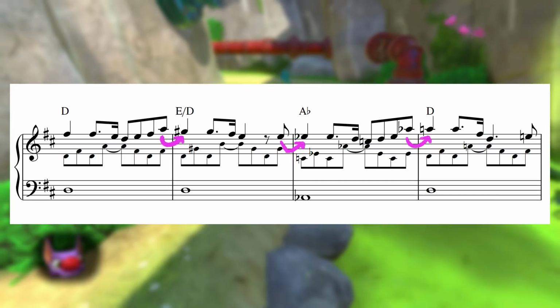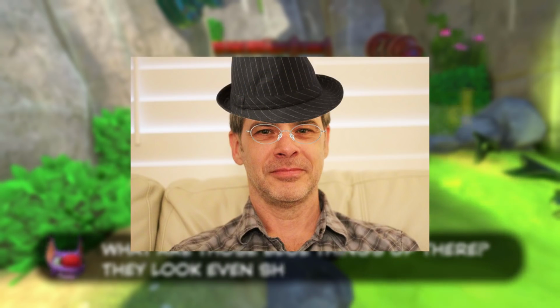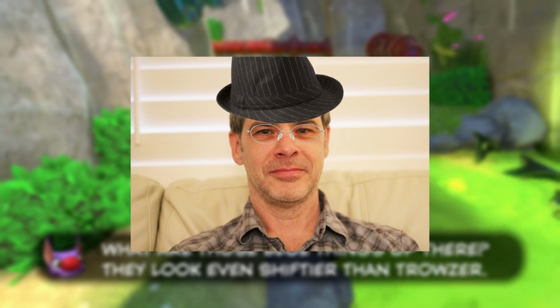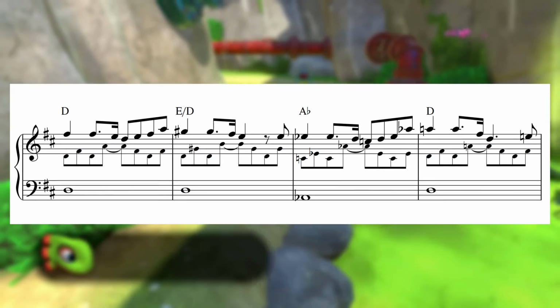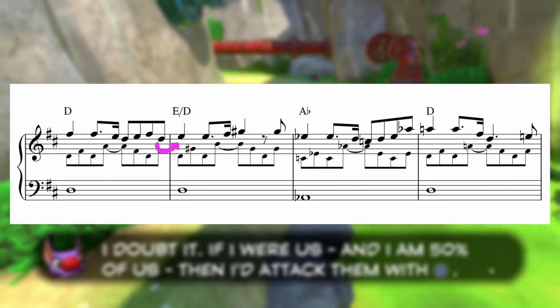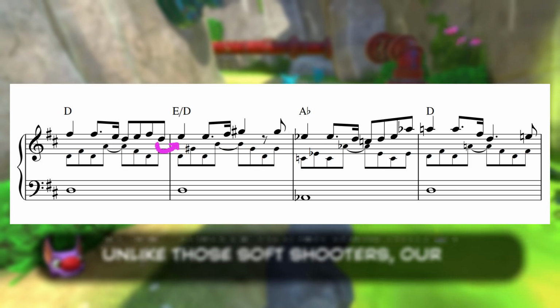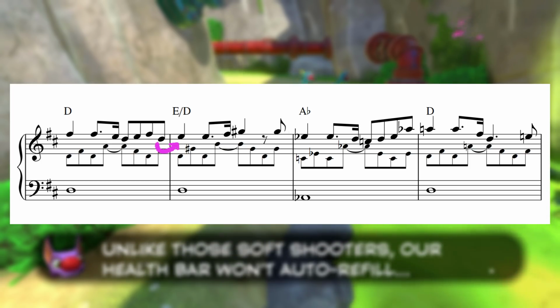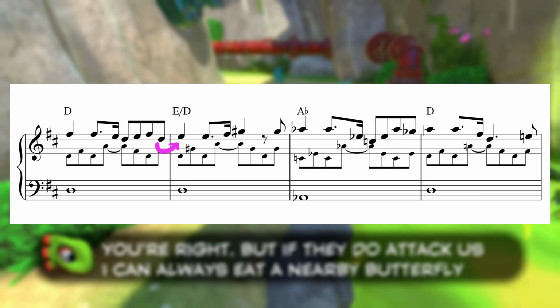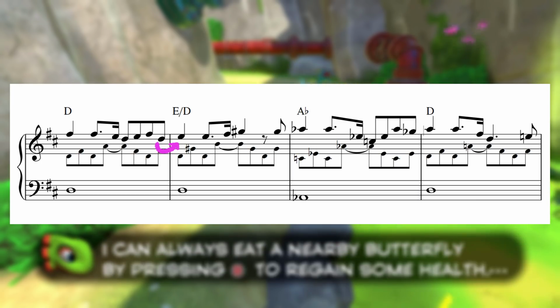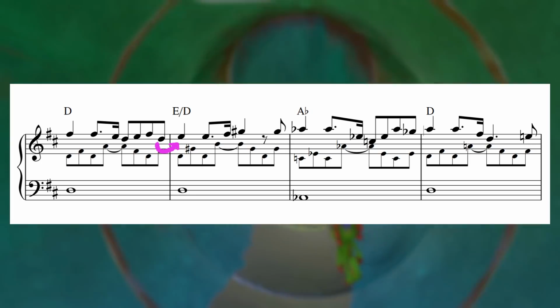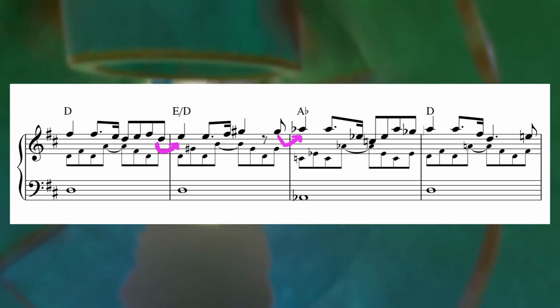Imagine an alternate universe where Kirk Hope is less interesting, where he decided to try and target the safest notes in between each chord change. Maybe he'd walk up to the E for this E over D chord, as that fits pretty seamlessly into this kind of scalar D major figure. Then maybe he'd stay on the G sharp of the E over D chord moving into the bar of A flat, since that's enharmonically the root of the new chord, to smoothen out this transition.